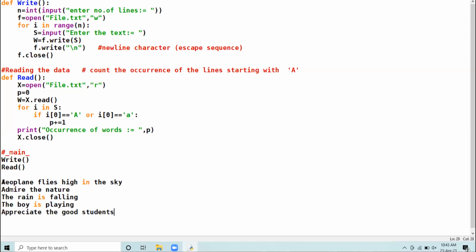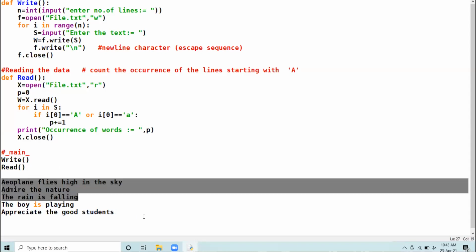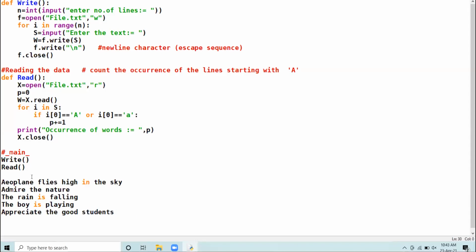These are the individual lines. So the lines which are starting with A are 1, 2, and 3. Okay, this is our logic.